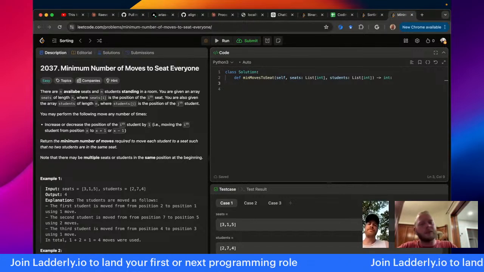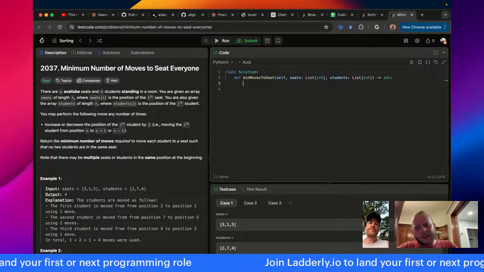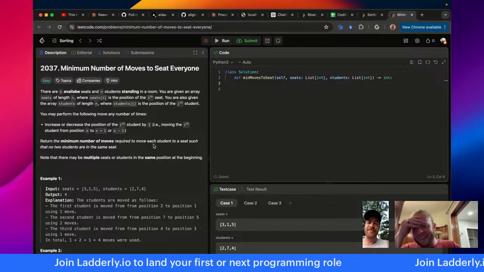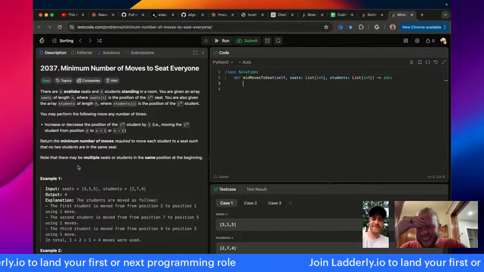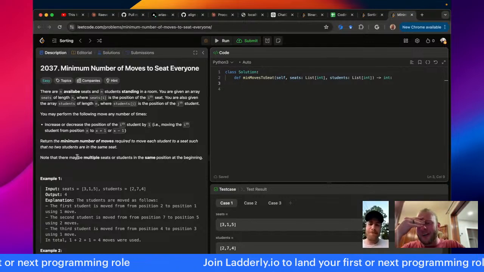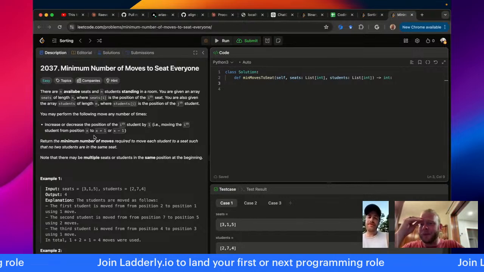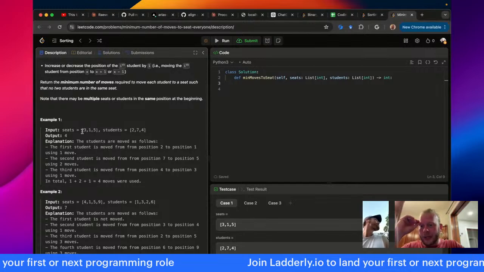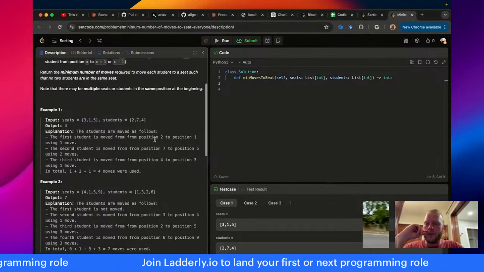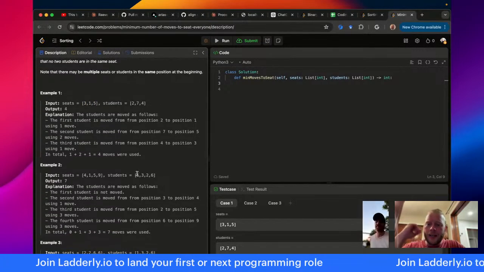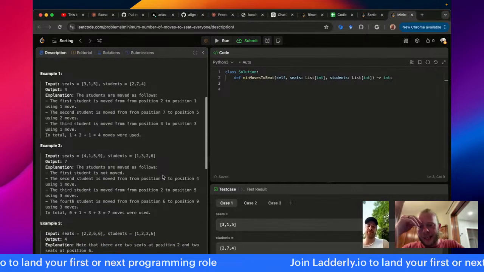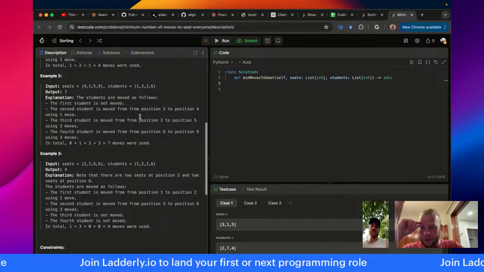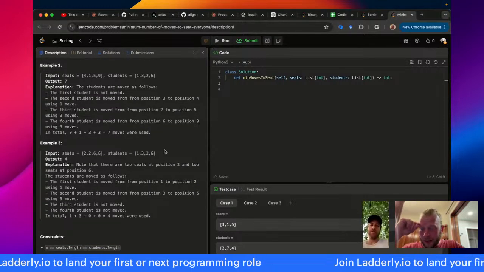Oh. Okay. Wait, so are there people in the same seat to start with? Hold on, let me read this again. Yeah, it's a strange setup. The Ballmer Peak is failing me right now. Okay, so we'll look at example 3, 1, 5, 2, 7, 4. The output is 4. Okay, so they're not initialized in the same seat, but I guess the idea is when you move them, you might move them to the same seat and you can't stop there. I guess that's the idea.